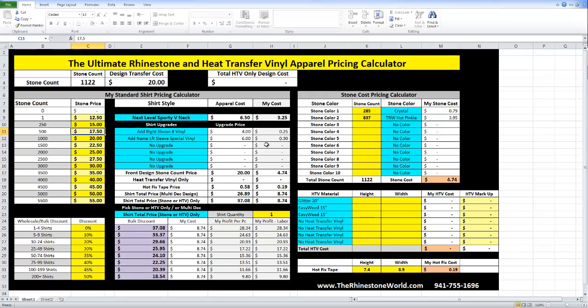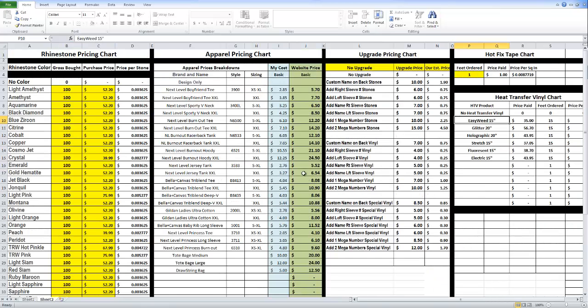Okay, and we have all of the main ones locked, all the main tiles locked in cells, so you can't really mess up any of the coding part of it. So that way we don't want you to type in the wrong box by mistake and then all your calculations are off. But if for any reason over here you change any of this that you didn't want to, then you can always just go back to the website, download the original calculator again, and work from there. So always just make sure you have a saved copy just in case,